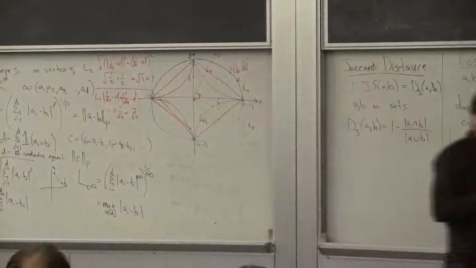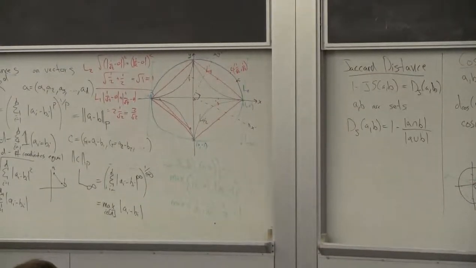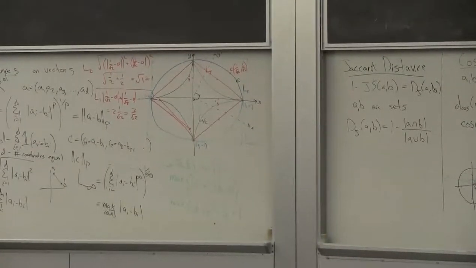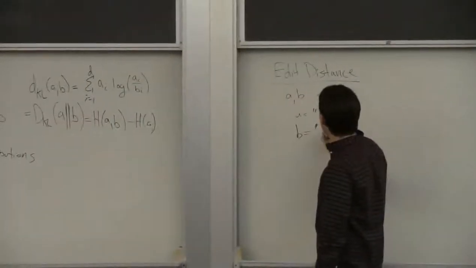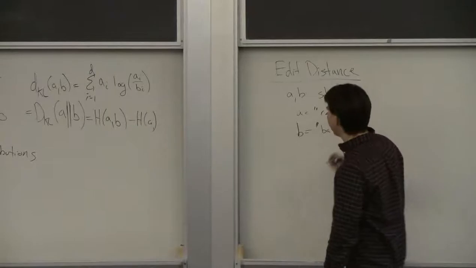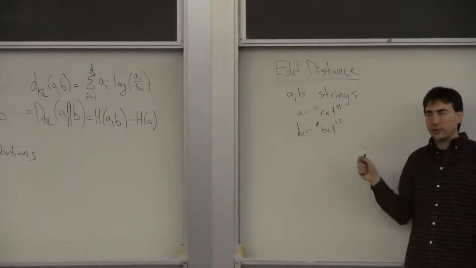Let me just quickly write up what the edit distance is. This is also used a lot in modeling text. The edit distance. So now A and B are going to be strings. So you can think of these as words. Like A may be the word cat, and B may be the word bat. And so then the edit distance is the number of characters you need to,